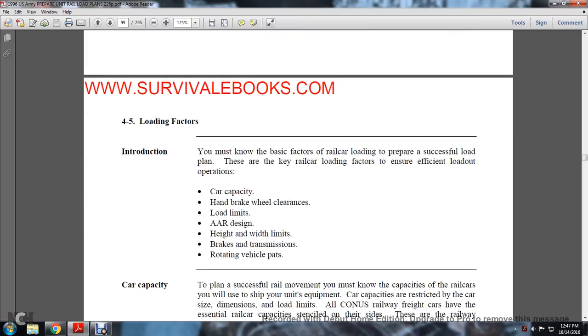4.5 Loading factors. Introduction. You must know the basic factors of railway car loading to prepare a successful loading plan. There are key railway car loading factors to ensure the efficiency of the loading operation: cargo capacity, handbrake wheel clearance, load limits, Association of American Railroads design, height, width, dimensions, brake and transmission, rotating